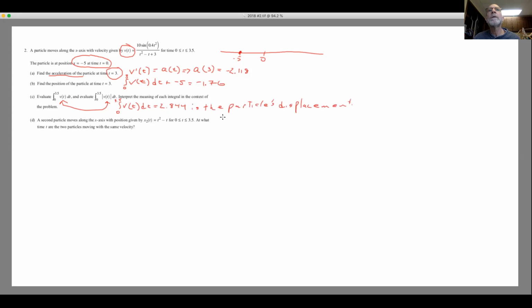And the integral from 0 to 3.5 of the absolute value of v of t, which was 3.733, is the total distance the particle traveled